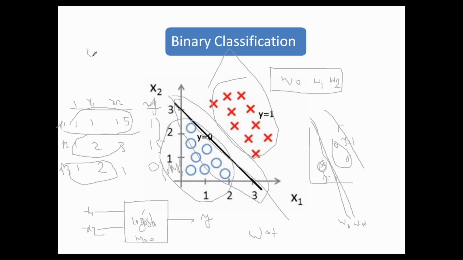If you are having k dimensions, you have to find w such that W transpose X is greater than 0 for the points which belong to class 1, and less than 0 for the other class. So ultimately, for the given points, you have to find the values of w such that this separates the two classes in the geometry. So this is the concept.